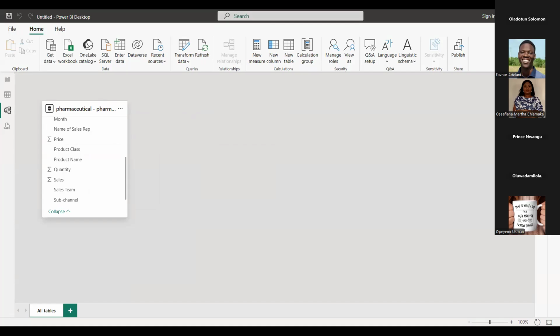Because it's only one table that we have. Thank you. Now, what your model reveals is the numbers of tables that you have, or should I say the numbers of sheets that you have. If this was data modeling in Excel now, and we had 4, 5 tables in one workbook, all of those sheets would appear here as tables. So thank you very much for that. As you can see beneath here, we can see all tables down here. So thank you for that, Oluwadamiola.